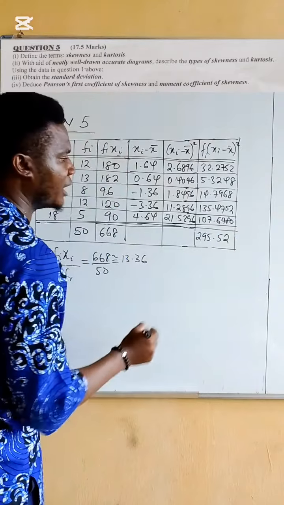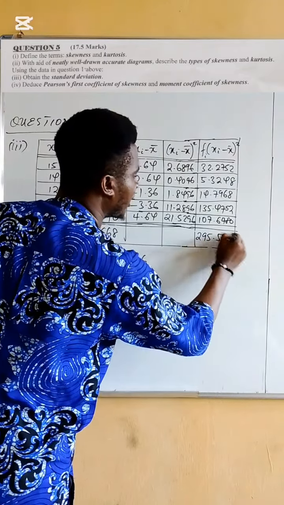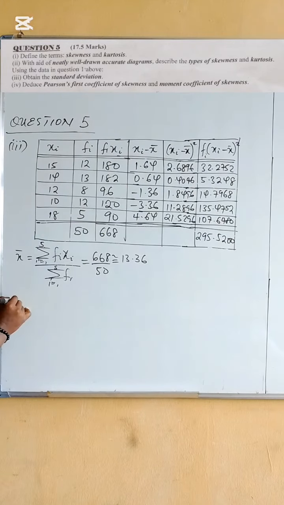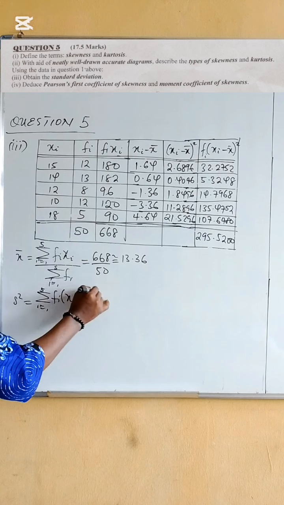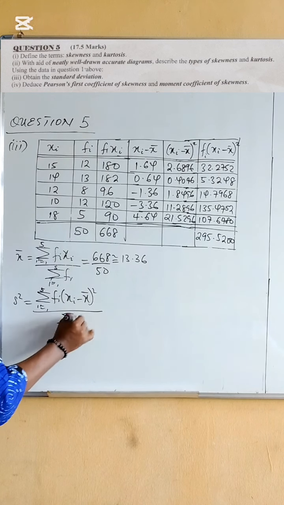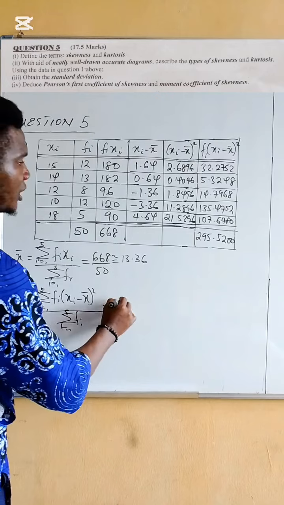295.52. Okay, so I'm going to add 2 zeros here. 295.5200. Okay, now I will bring out my formula. S squared, which is the variance, is summation from i equals 1 to 5, in this case, fi xi minus x bar all squared, all over summation fi from i equals 1 to 5. And this will give us